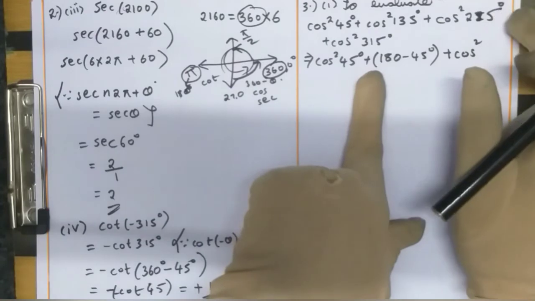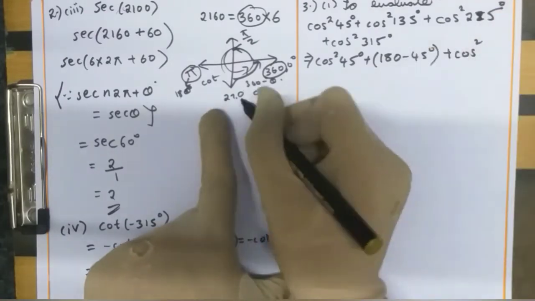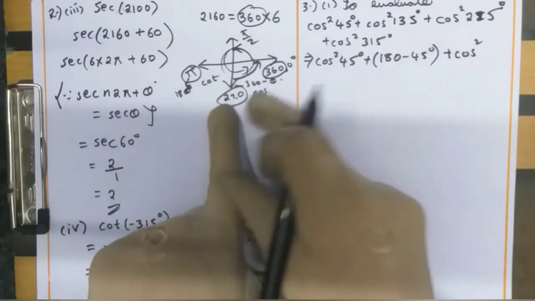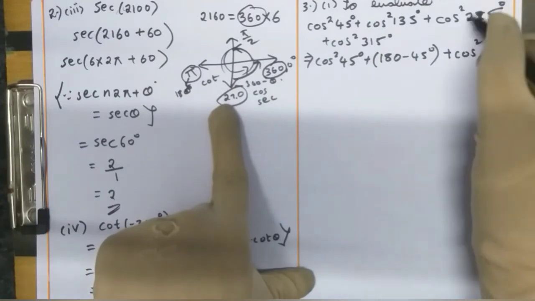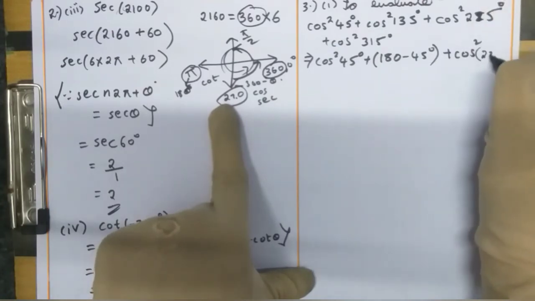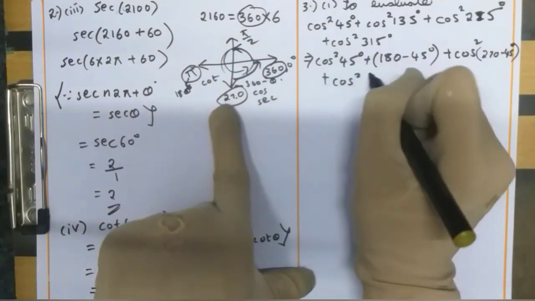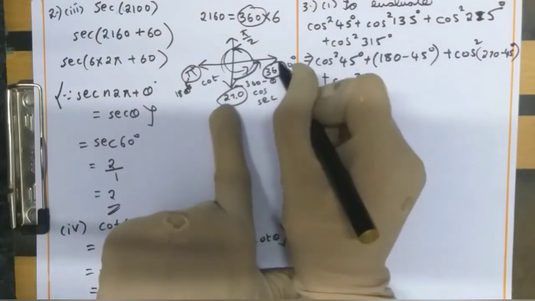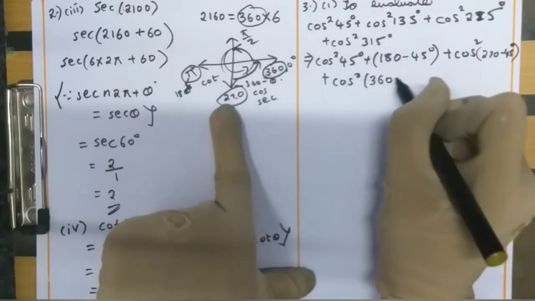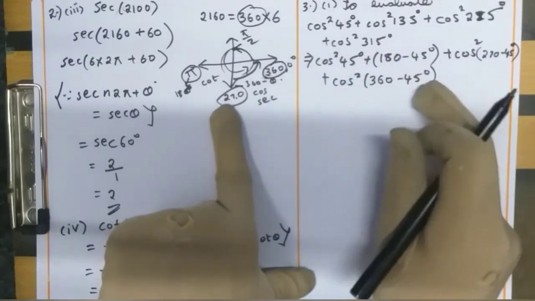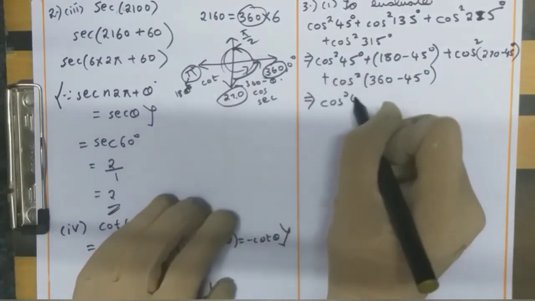Here I have 225. 225 is nearer to the quadrant angle 270, right? 270 minus 225 is what? 45. So I can open this 225 as 270 minus 45 degrees, plus cos square. I have 315 here. 315 is nearer to quadrant angle 360. So I can write this 315 as 360 minus 45, because I know that 360 minus 45 is 315. Okay, I'll keep the first one as it is: cos square 45 plus,